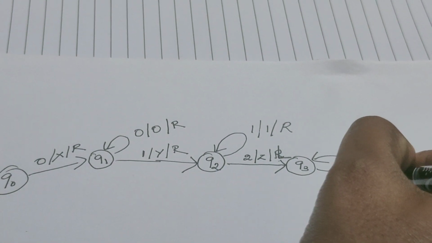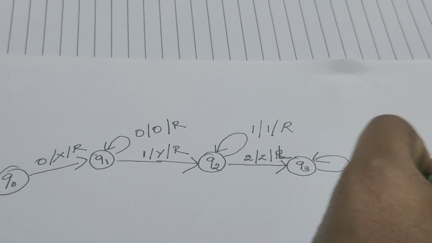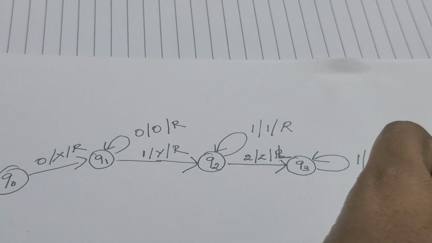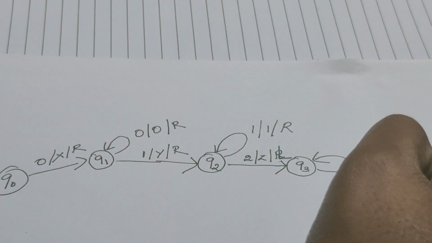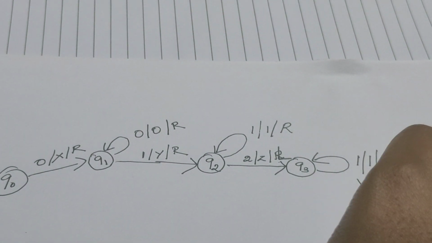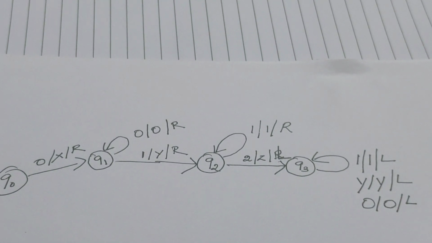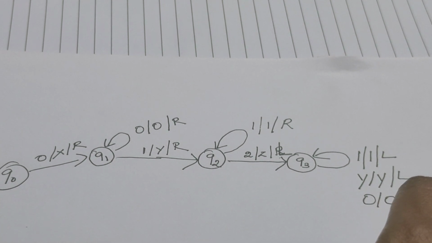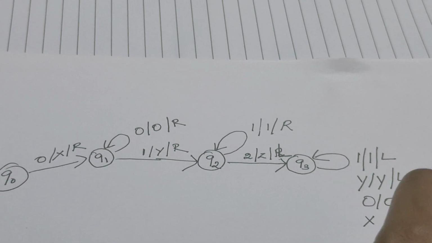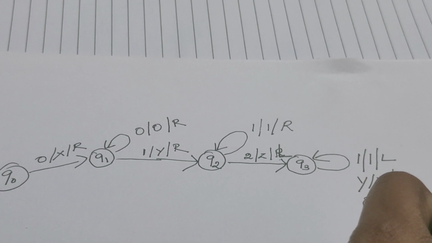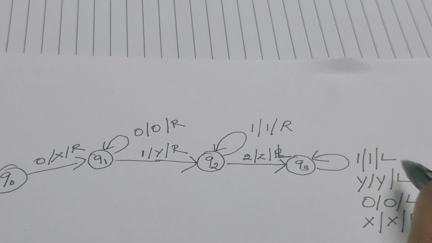It may come across Y, because some 1s would have been replaced by Y, isn't it? So that Y it should accept as it is, but further it is moving in the left hand side direction. Then it may come across zeros, that 0 also accepted as zeros, but further the read write head moves in the left hand side direction. After coming across all these symbols, at one point it will read X. When it reads X, that X should be accepted as X, and further it is moving in the right hand side direction.